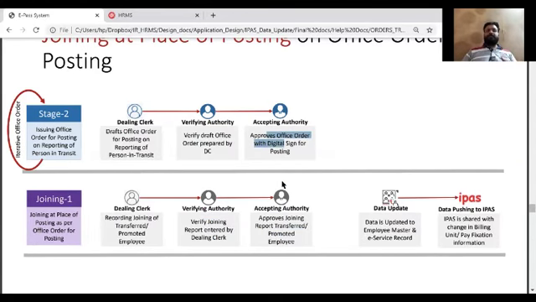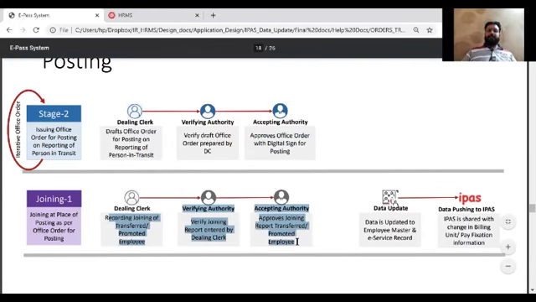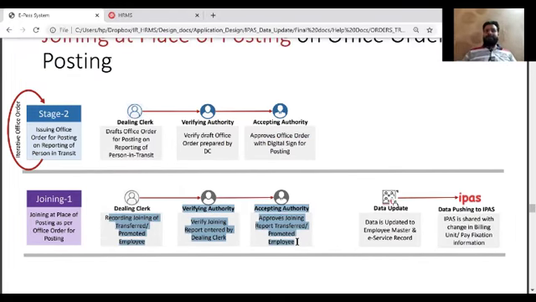When the information of transfer is captured at the other unit, or promotion information is captured by DC, it will again go through 3 layers of information: DC, VA, and A. Once this information is accepted by AA, then the record of employee master and ESR will be updated.